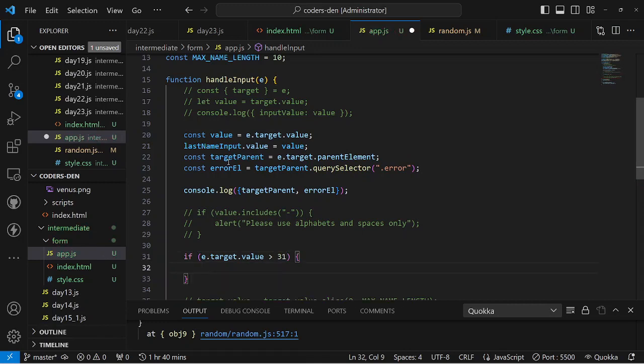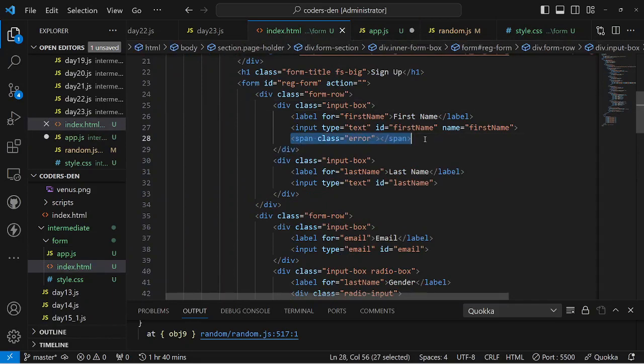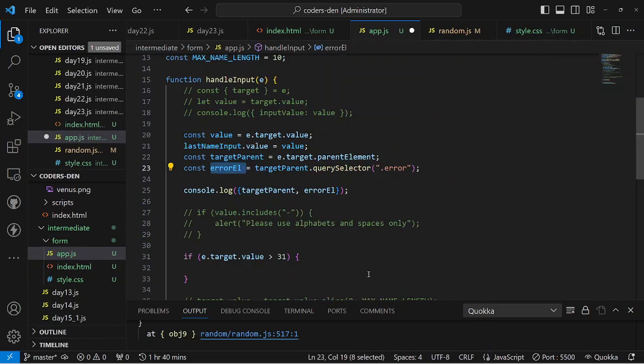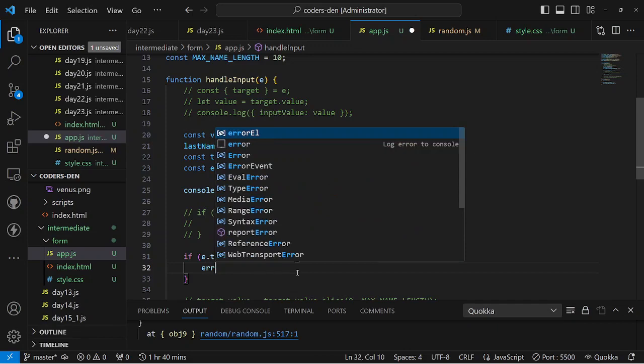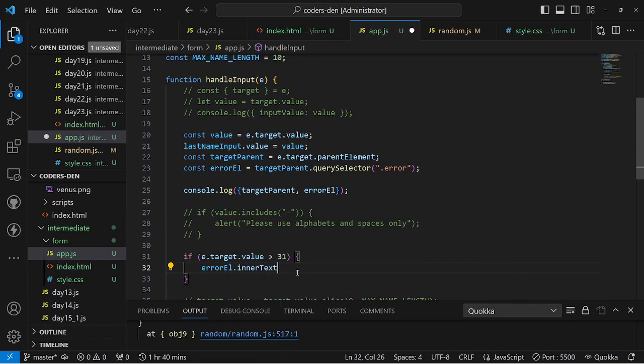So now you have your error element, and this error element is this span. What do you think you should do to get text inside it? I will use inner text. Okay. So what am I writing? I will say if this error element dot inner text should be equal to